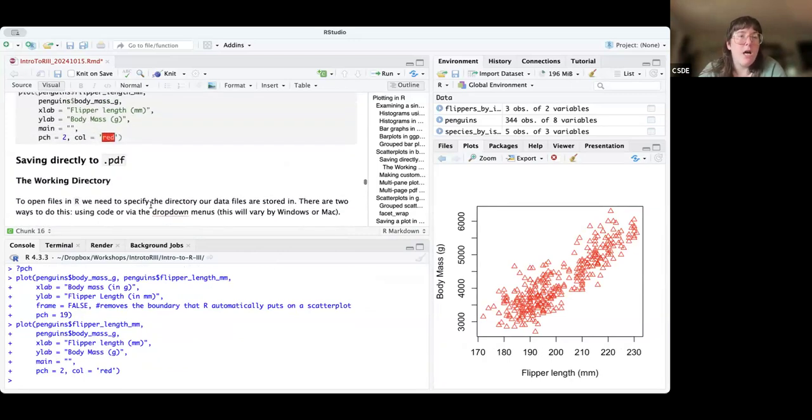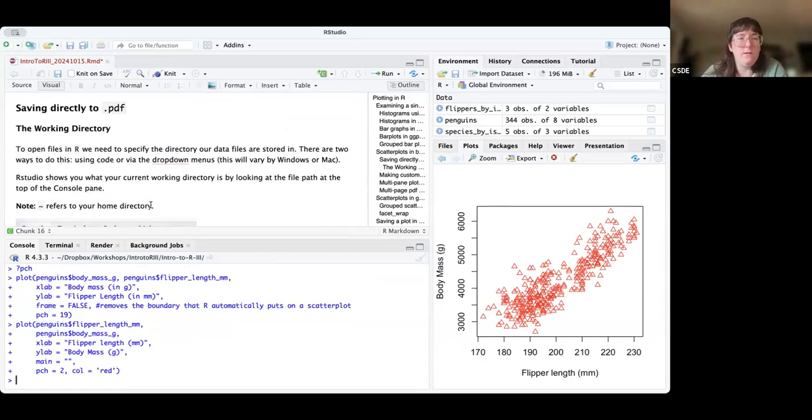Now, we're going to talk about one of the most important things in data visualization, which is reproducibly making your visualizations and saving them directly to a file as part of your code writing. I'm sure many of you have made plots before and you've used this export function. I also have. One thing that's kind of annoying about this is anytime you point and click, your work isn't